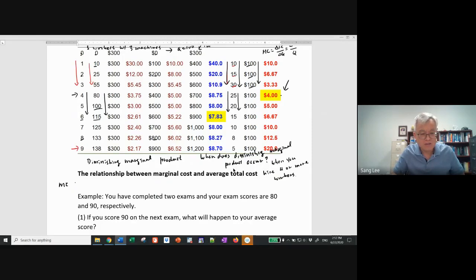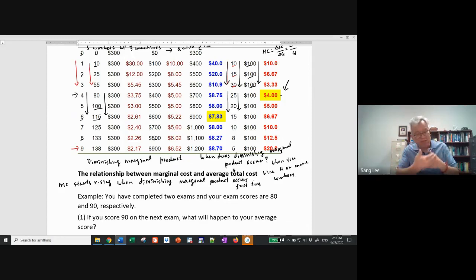Marginal cost starts rising when diminishing marginal product occurs for the first time. Okay, that's exactly when marginal cost starts rising. Okay, all right. So